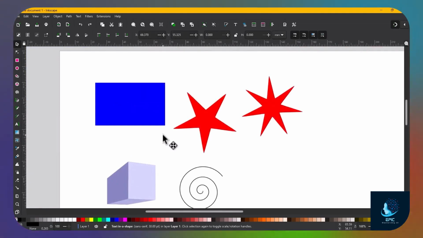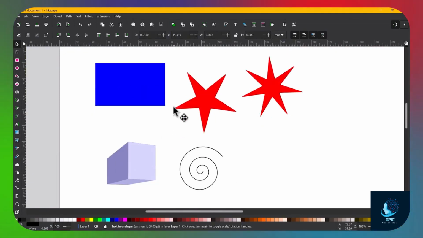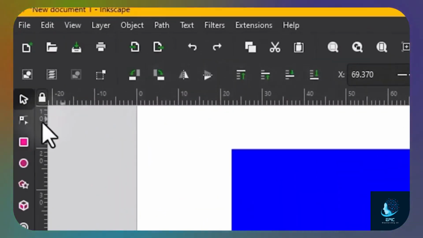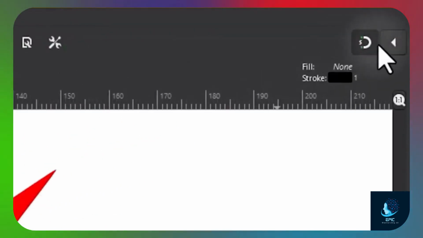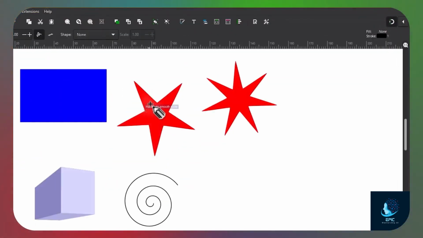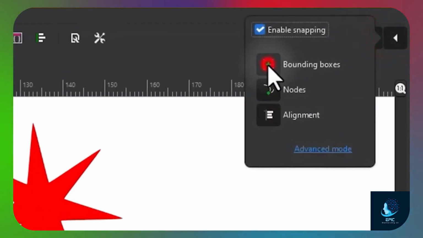Inkscape provides several graphic aids and snappings. Two rulers on top and on the left show the cursor position with the measurement unit fixed for the document. From the top right corner, you can set all the snapping options. You can enable or disable all the snappings, or turn specific snappings on or off. For example,